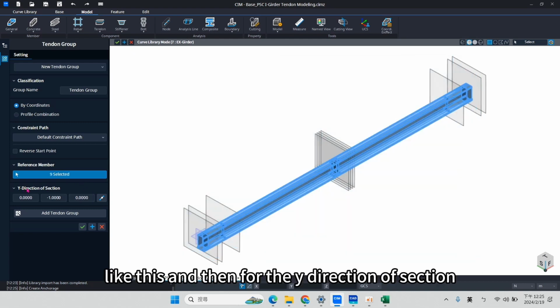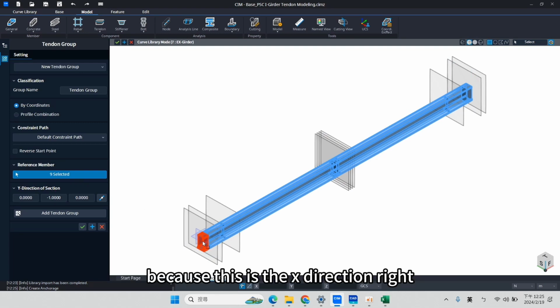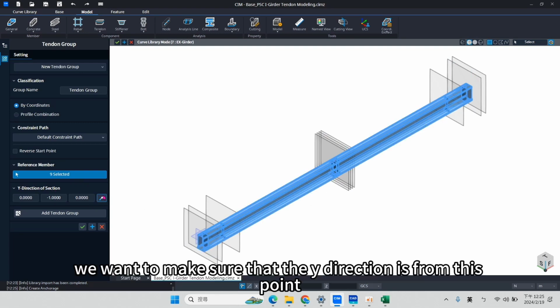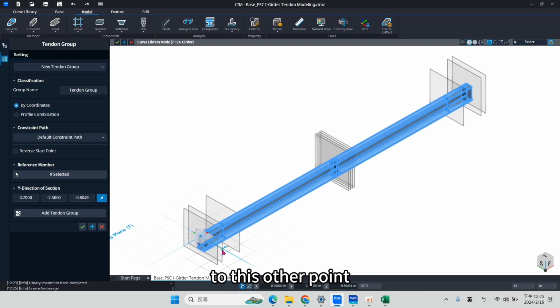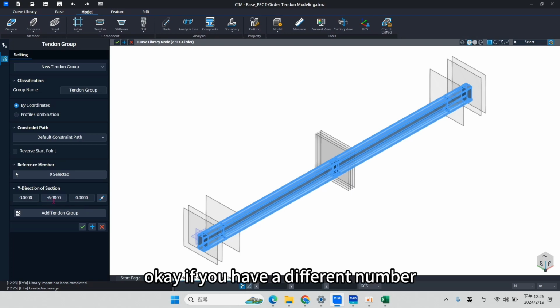And then for the y direction of section, because this is the x direction, right? We want to make sure that the y direction is this one. As you can see, the y direction is seen in this direction. Don't worry, this number is okay, if you have a different number, as long as the direction is in the y direction.